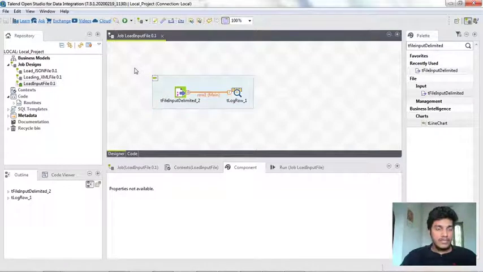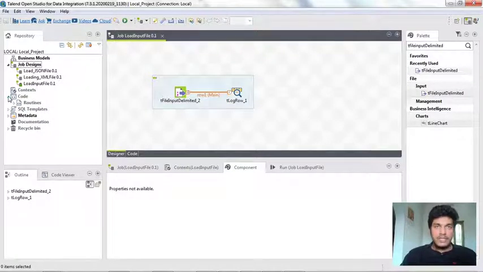Now, on the left side of the designer panel, we have the repository panel, where it stores all the created jobs under Job Designs. If you created any context in a particular job, it will store all the contexts here.